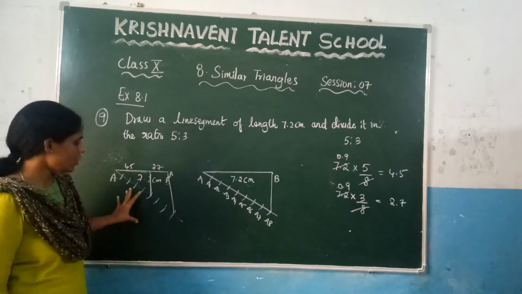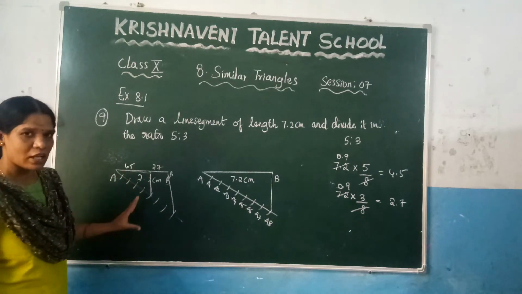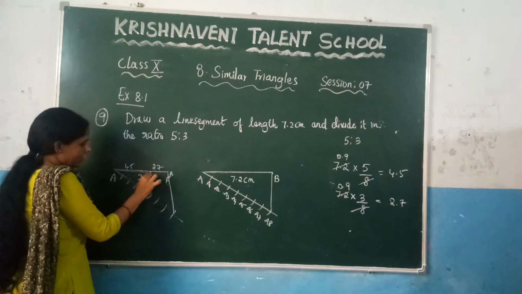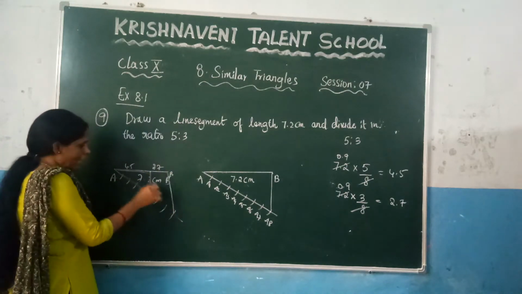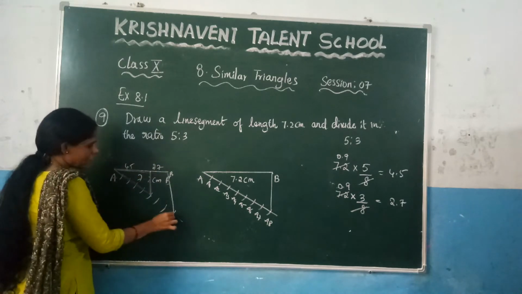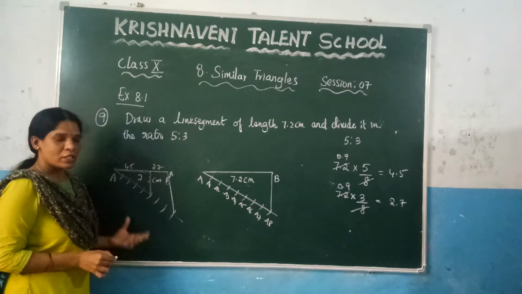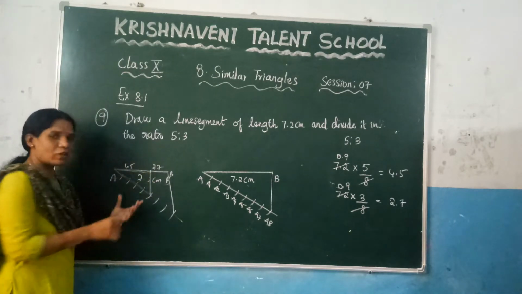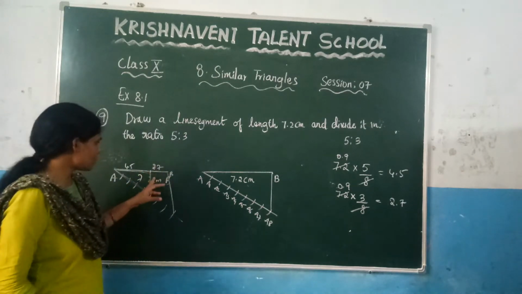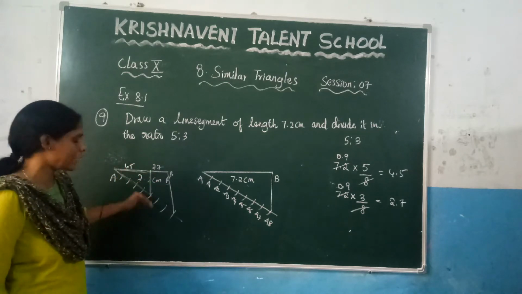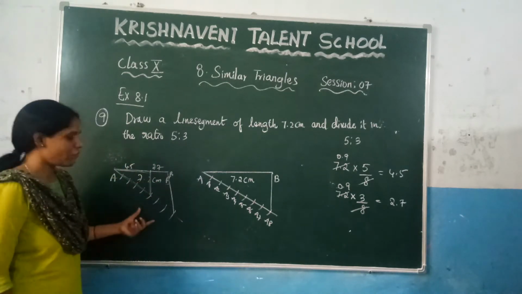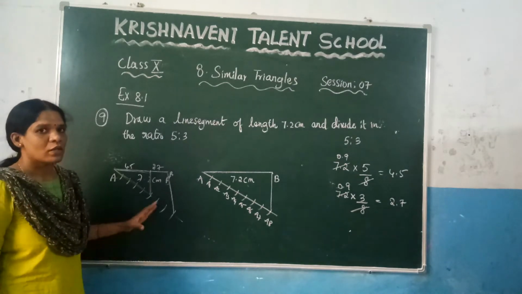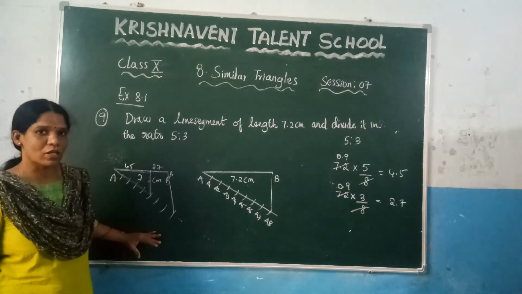And why are we doing it like this? Because you can observe that we are using the similar triangles concept. You know that if these two lines are parallel and this line is divided into the same ratio, since we cannot change this one, we are taking one more line and dividing this line into parts of 5:3 ratio. So we are using the similar triangles concept.